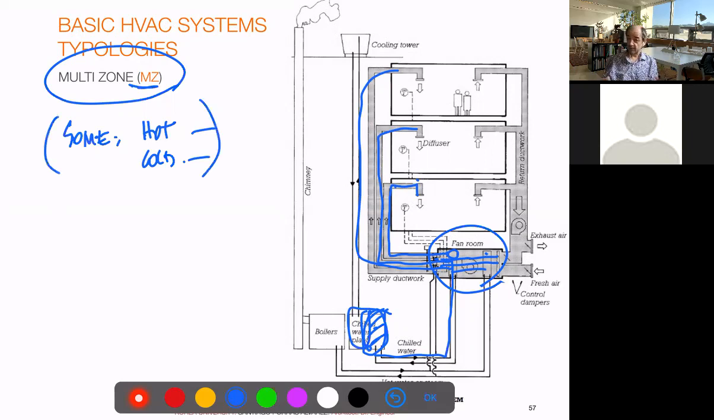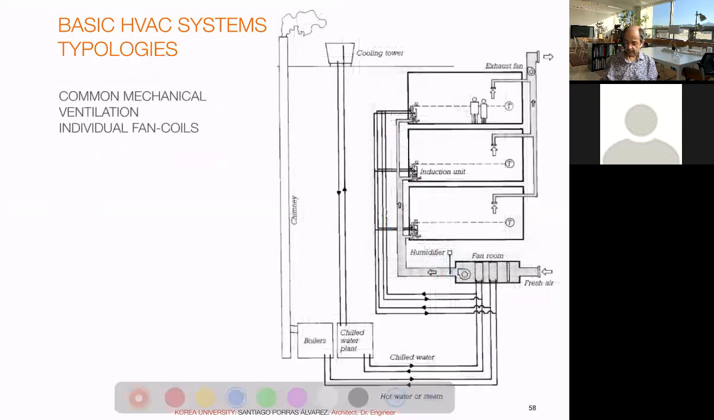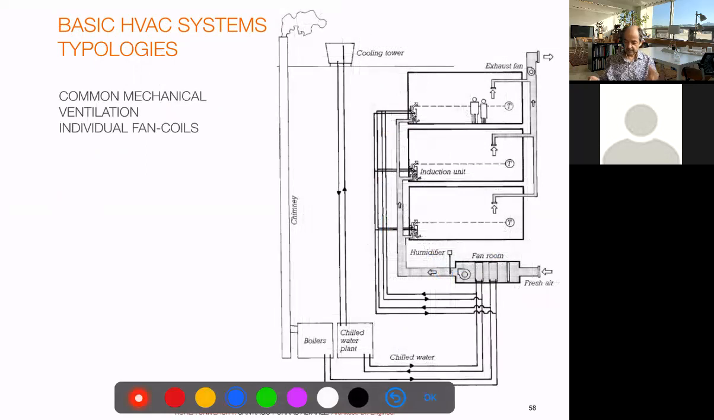It is perfect, it's very close to that variable system, but it's still even more expensive. And complex because you multiply the number of ducts. So the whole thing becomes a bit more complex, but the system is better. And then we have the